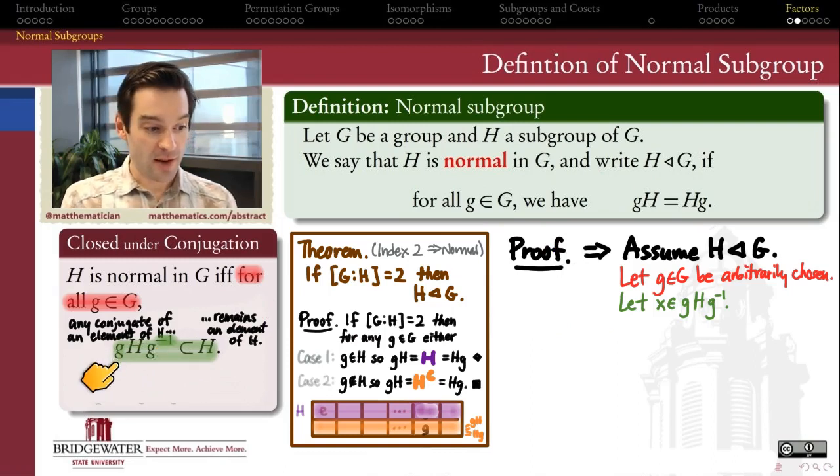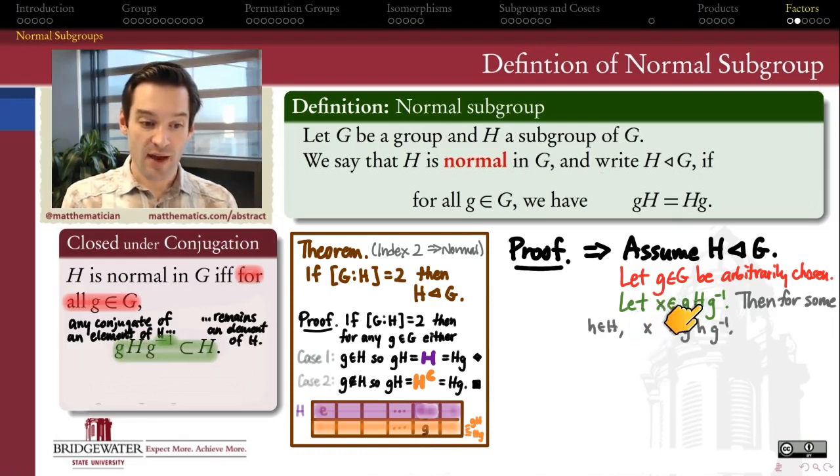If I want to prove that this set is a subset of H, then I just need to pick an element in this set and show that it belongs to that one. So let's let X belong to G times the subgroup H times G inverse. By definition, that means that X is equal to G times H times G inverse for some element H which belongs to my subgroup. But if X is equal to GHG inverse, then multiplying on the right by G, we find out that XG is equal to GH,